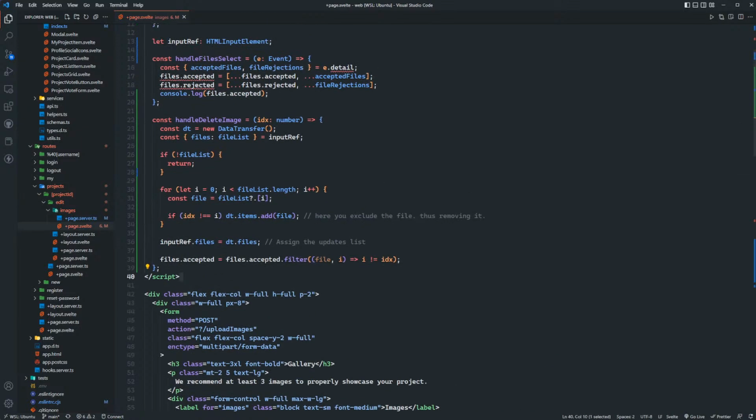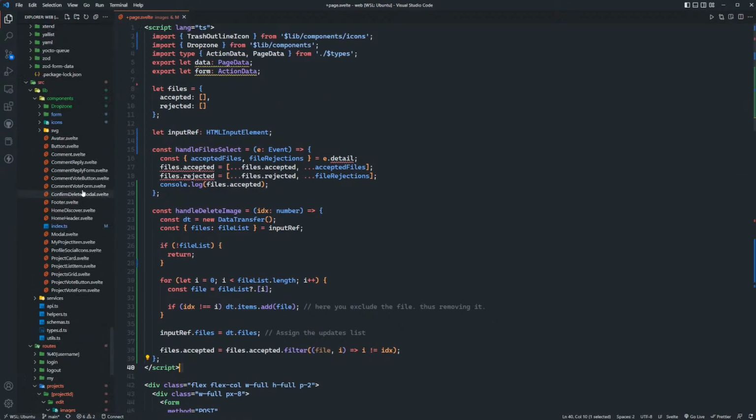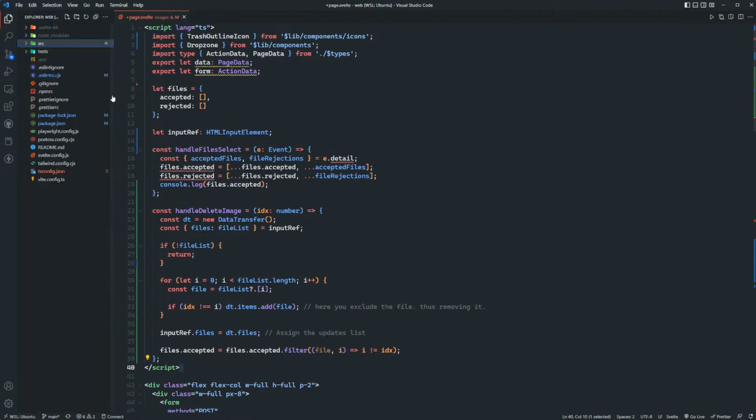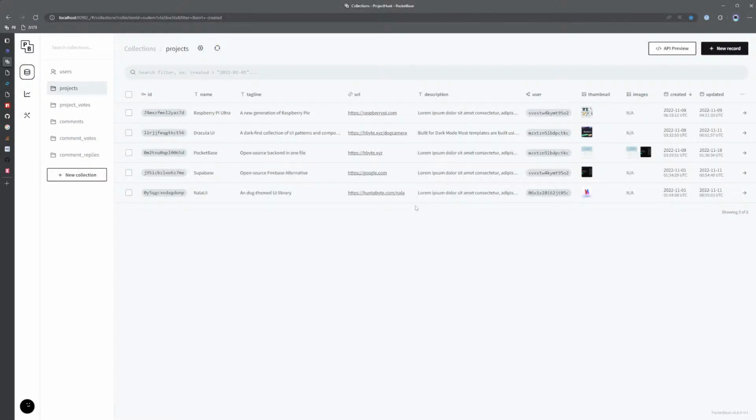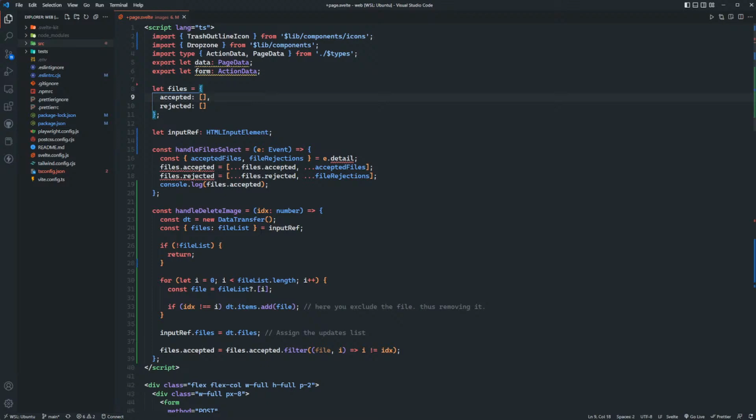Yeah, mine's been glitching out a little bit too. The highlighting, it's been being a little bit strange. Okay, so that appears to be working. Now we should probably